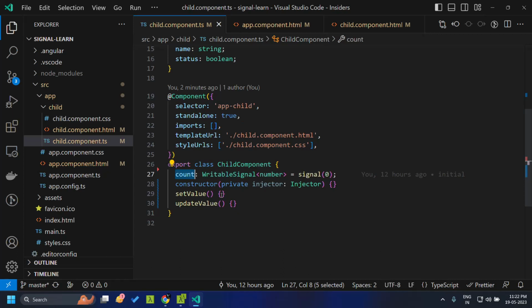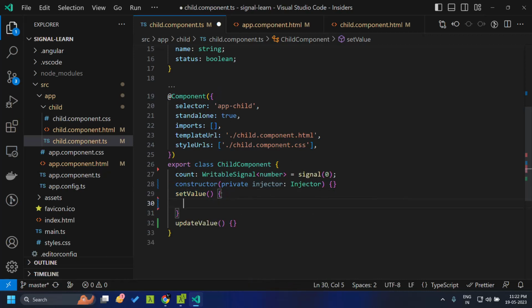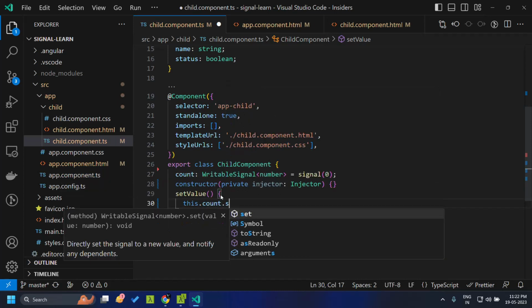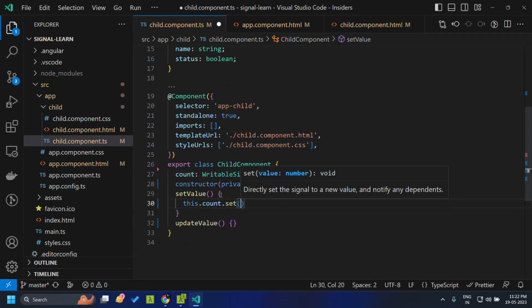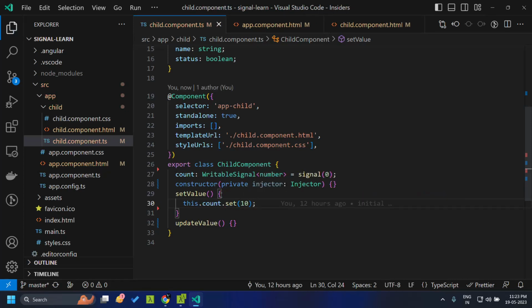There are two methods in which you can update. One is you can set the value directly. Here I have created a method called setValue, and we can call the set method within the signal and pass the new value. Here I am setting the new value as 10. If you go to the HTML,